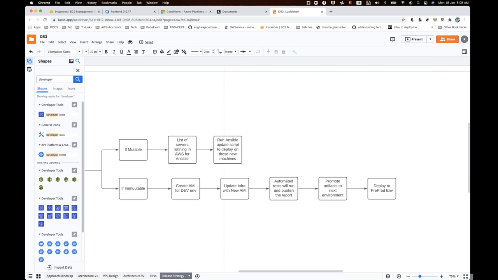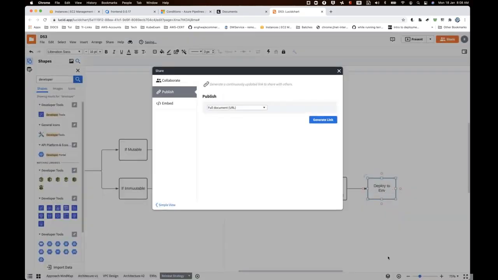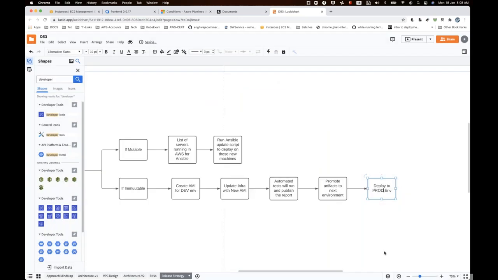Since we are running in a lab, I don't want to go with this many environments, and I'll directly go to the prod environment. In organizations, you will have multiple environments. Just keep that in mind. So prod, and yes, you will have that. This is how you're going to have it.